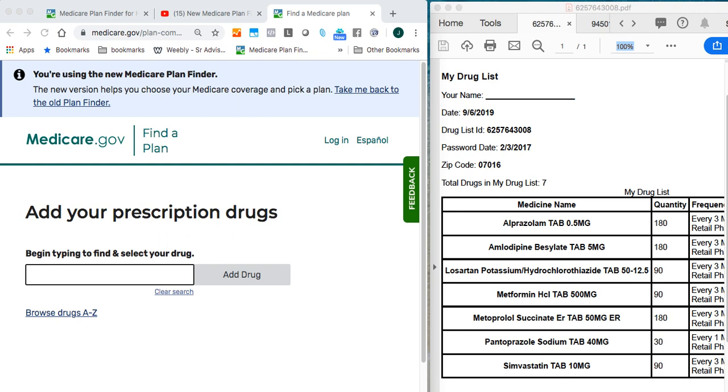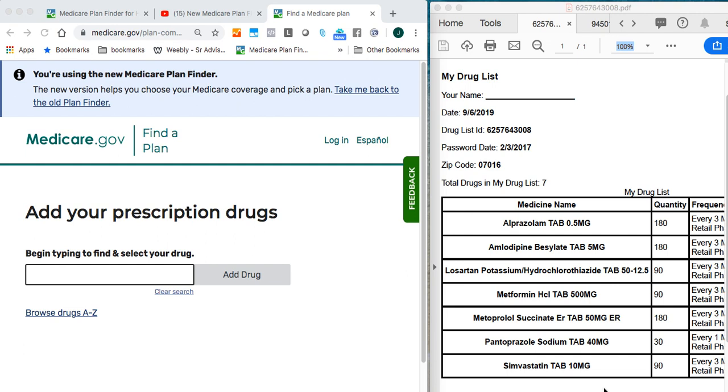A few weeks ago, we found out that there is going to be a new Medicare Plan Finder tool that's going to replace the old Plan Finder tool for this upcoming annual enrollment season. And one of the big changes with the new tool is the drug list ID will no longer be available in the new tool for the anonymous flow. So basically, you will no longer be able to save your drug list information to review for future years in the anonymous flow. They will have an authenticated flow, which is a logged in flow that allows you to save